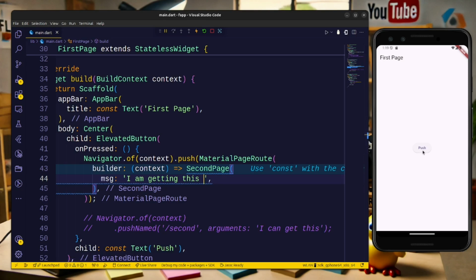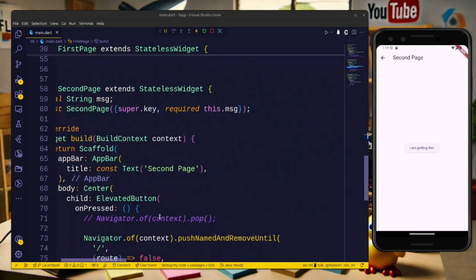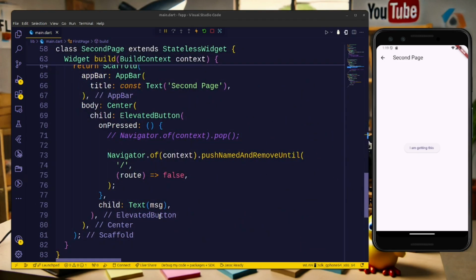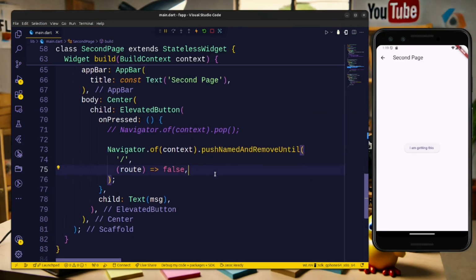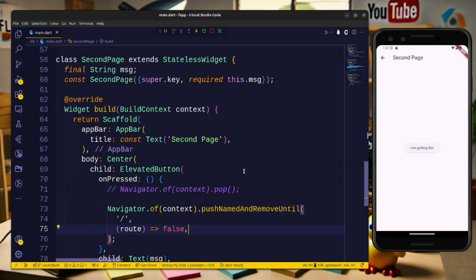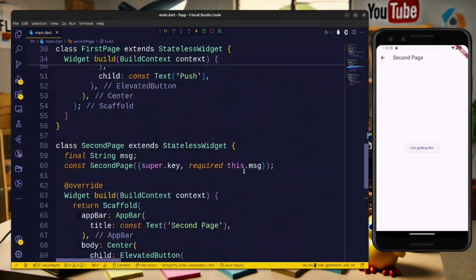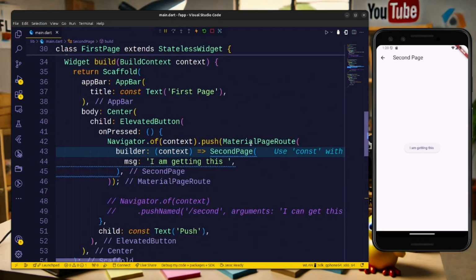So when you push here, I'm getting this. Alright, so this is through the constructor, straight forward to the constructor, and this is what I mostly use. Okay, and another one is through the material page route. Inside this material page route, if you don't want to use this second page here, we can also add